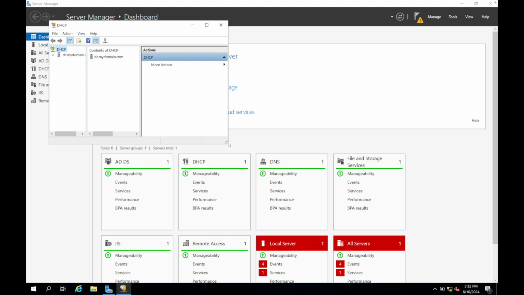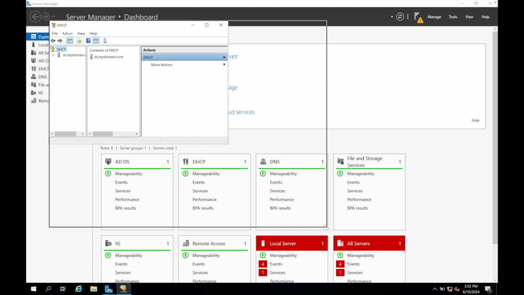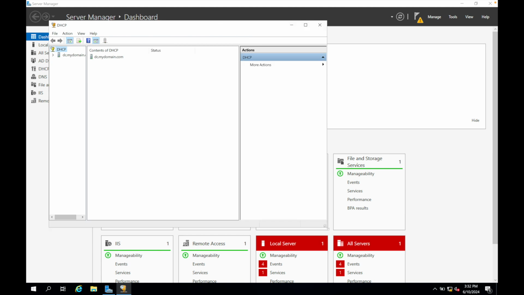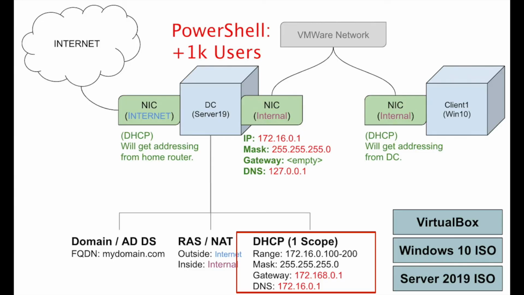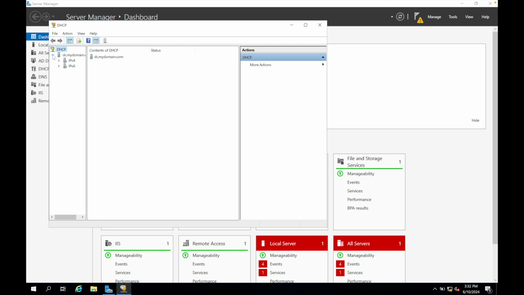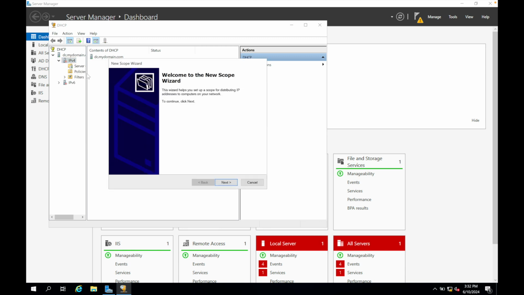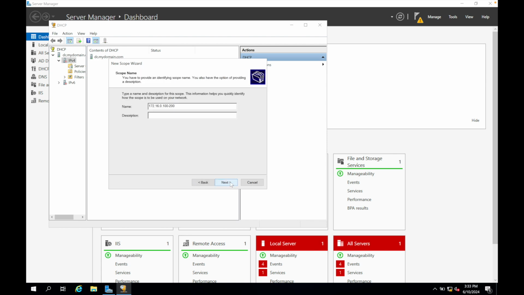The whole purpose of DHCP is to allow client computers on the network to automatically get their IP addresses. On our diagram here, we defined the scope as providing the IP addresses in the range, this being 172.16.0.100 to 200. So going back to the control panel, we can go to our DHCP server dropdown, and we'll notice both IPs are down and red. So we're going to right-click IPv4 and select New Scope. And for the purpose of this lab, we will name the scope after the IP range. So we'll enter in